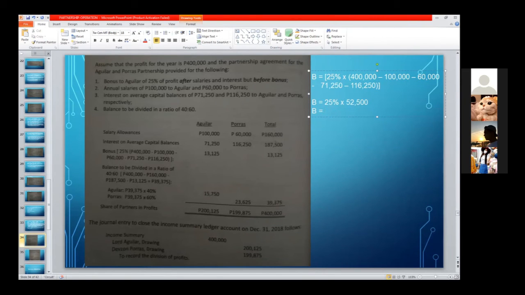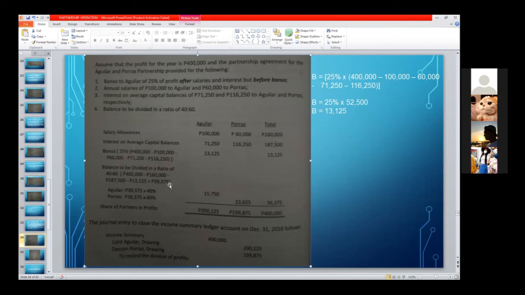So kaya 25% ay magiging 13,125. So ganun lang kasimple. Simple lang kapag meron tayong formula. Pero kapag wala tayong formula, malilito kayo. Kaya dapat gamitan nyo ng formula. So, ganoon lang yung computation. Ilagay nyo na dito sa mga table nila. And then, pag-add nyo itong tatlo. And then yung lalabas yan, yun yung i-deduct nyo sa profit nila na 400,000 para lumabas yung